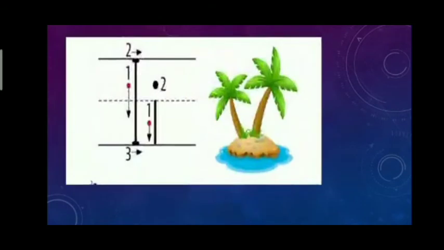Coming to the next letter, I. I for island. First of all, we'll make capital I. Starting with the red dot, a huge standing line, a small sleeping line at the top. You can look at the arrow number 2. There's a small sleeping line. Arrow number 3, a small sleeping line at the bottom.